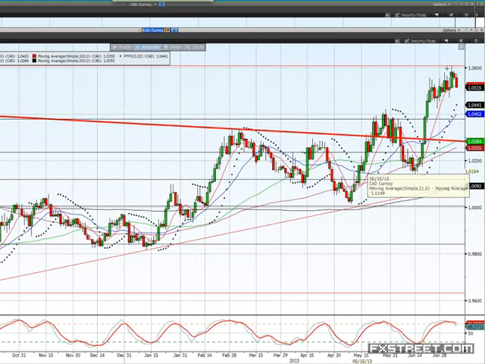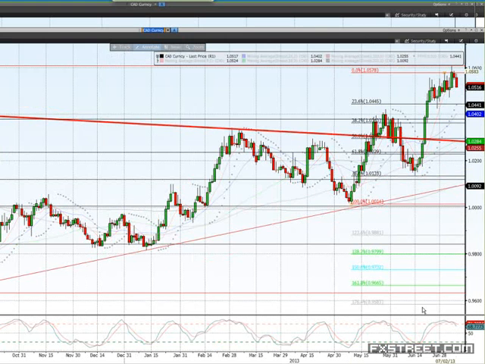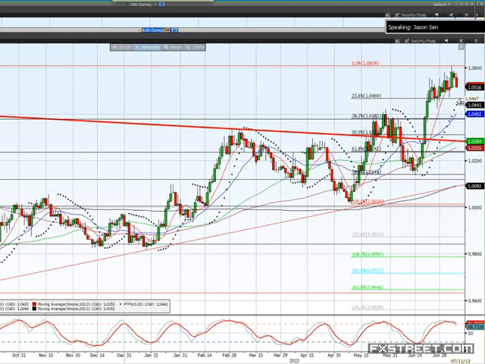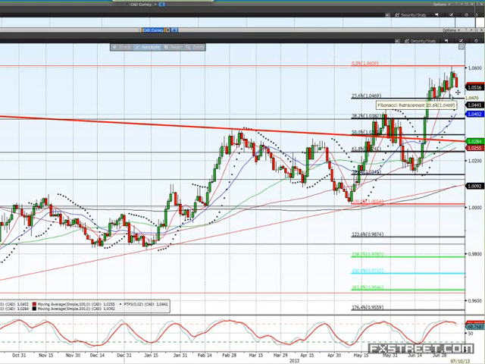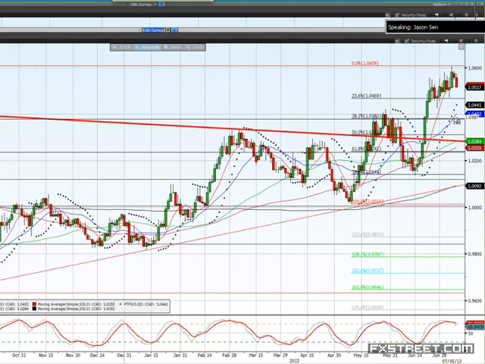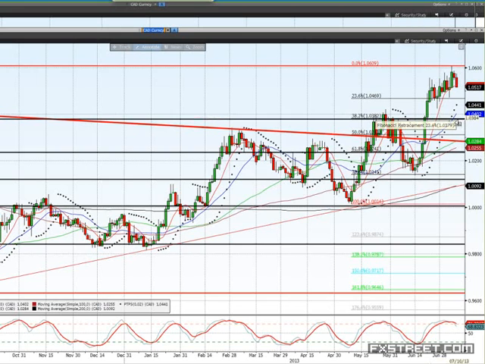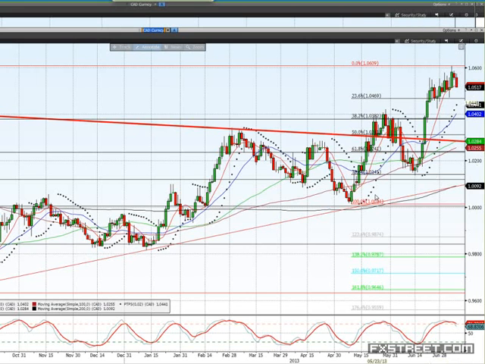So 104.70 looks like a reasonable target. That fits in quite nicely. We've had a low there 2 or 3 days ago as well. So 104.70 I'd say is quite realistic. What happens after that I'm not really sure. But if we got as far as 103.90, 103.80 area, I'm guessing that may be the end of the correction at this stage. So these are just two levels to keep an eye out for: 104.70, and the 103.90, 103.80 area. Give it a bit of room because that's quite a big level there.